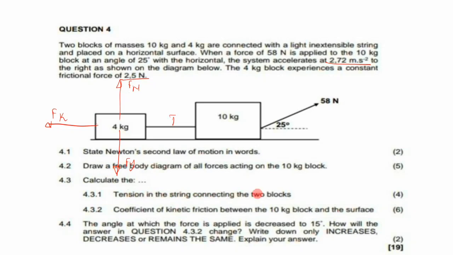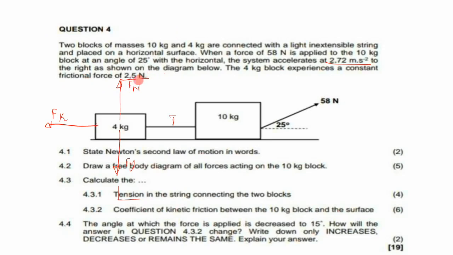So now to calculate the tension, we can even see it's only for 4 marks, right? So this is not the one that requires simultaneous equations, because remember, we are given acceleration. With the one that requires us to use simultaneous equations, usually you do not have tension and you do not have acceleration. Remember, for simultaneous you need 2 unknowns, but for this one you only have 1 unknown, which is your tension. And then we can pretty much see that we can calculate it easily with just using our 4 kg block. So now we will say for 4 kg block,